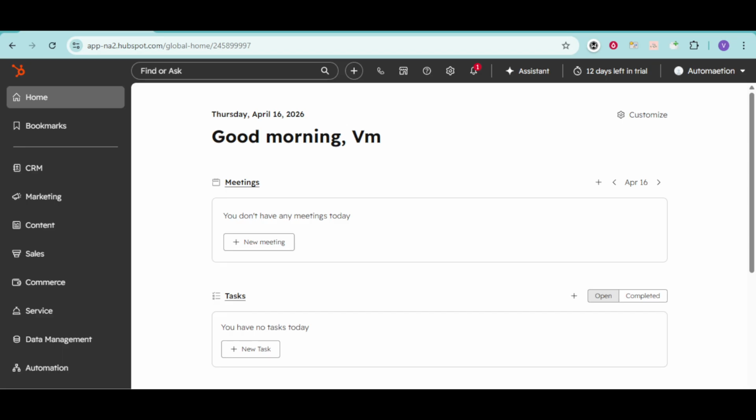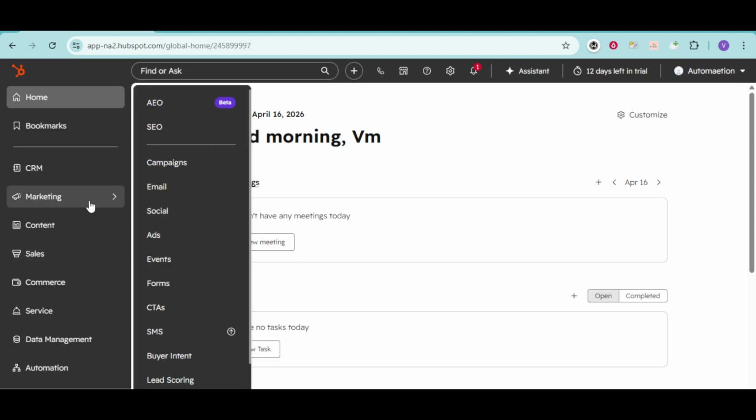First, you want to start by logging into your HubSpot account. Once you've logged in, navigate to the top of the dashboard. You'll see a main menu bar at the top of the screen. Look for the Marketing tab. Hover over it, and you'll see a drop-down menu appear. This is the central hub for all your marketing activities within HubSpot. From here, you'll want to select Campaigns. This section is where you can manage all your marketing campaigns, giving you a comprehensive view of what's going on